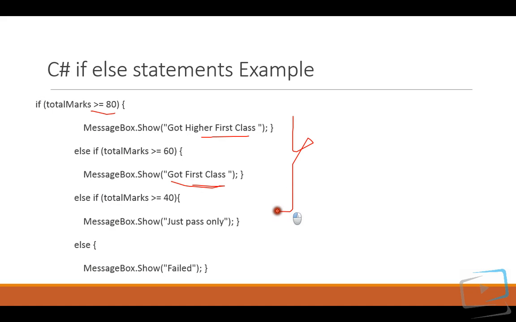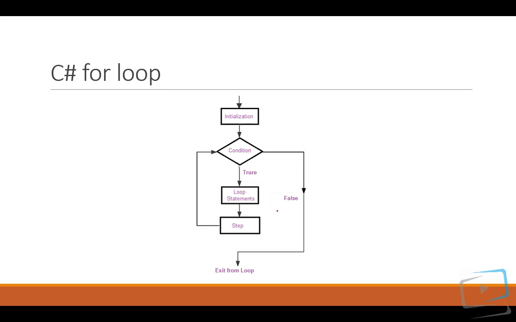You can just work this out in your Visual Studio platform, and it's going to execute. And this is the other thing, the C# for loop. The first part of this for loop is initialization. You need to remember these things. First you'll have initialization, then you'll have a condition. This is the second part. After this condition, the other things get executed inside. This is your third part.